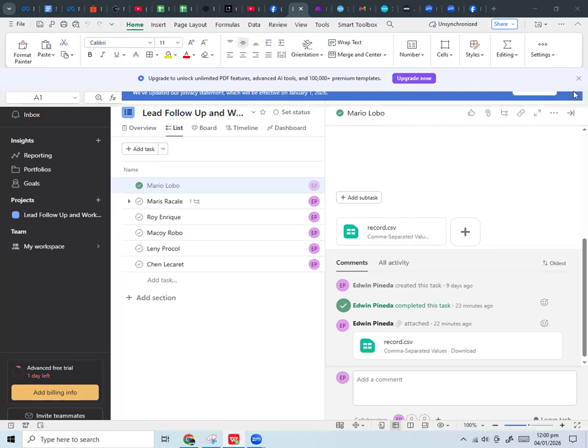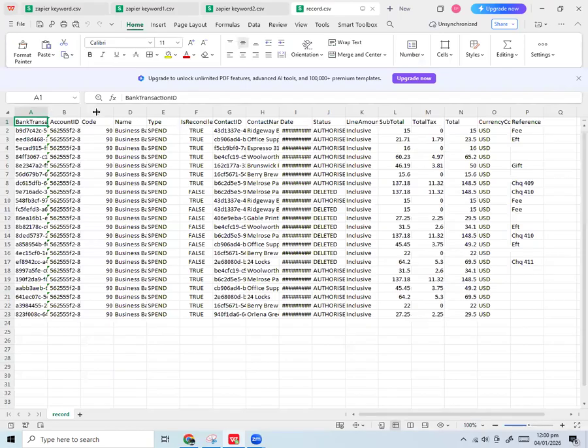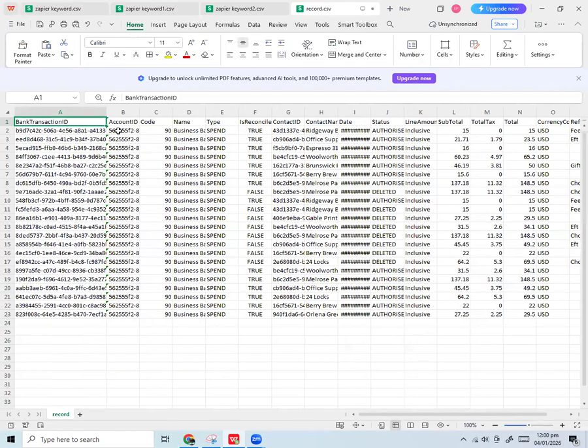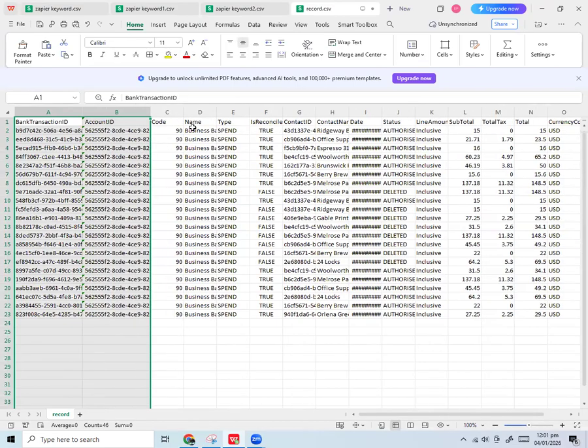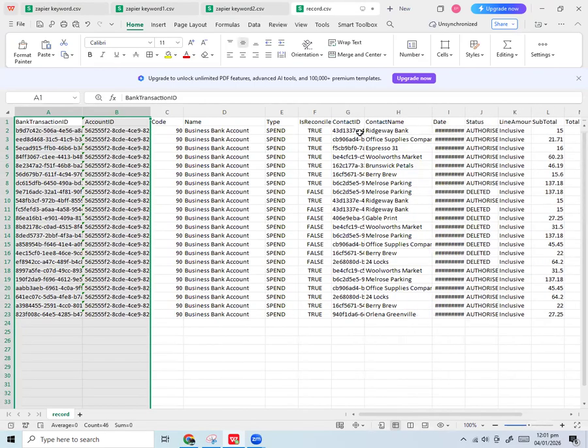It will have all the transaction IDs, the account ID, all the information that is needed, the bank account, the type of transactions, and then the name of the owner.